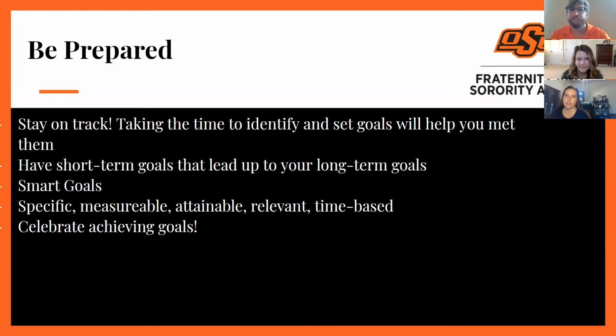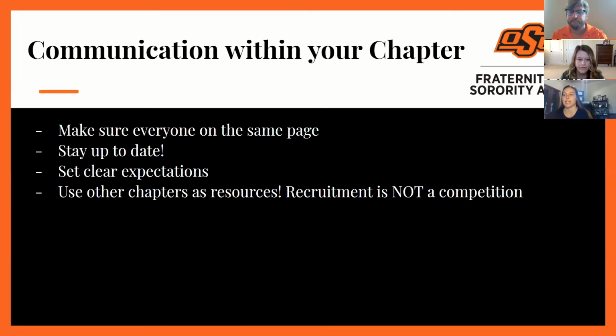So how do you do this? Recruitment is an ample time to revisit your chapter's as well as your national organization's values and goals. You're about to get an entirely new pledge class that will in turn shape your organization's future. First, identify long-term, more abstract goals. Ask your recruitment team or yourself, what do I want my chapter to look like when I come back as an alum? Then identify those short-term, more tangible goals that will be the stair steps in achieving the more long-term goals. When setting those short-term goals, using the acronym SMART is the way to go. SMART stands for specific, measurable, attainable, relevant, and time-based.